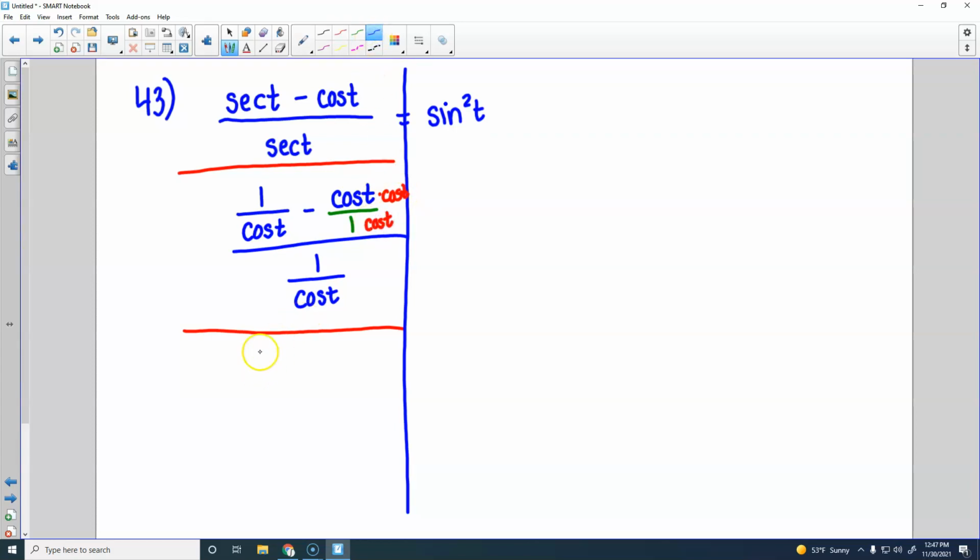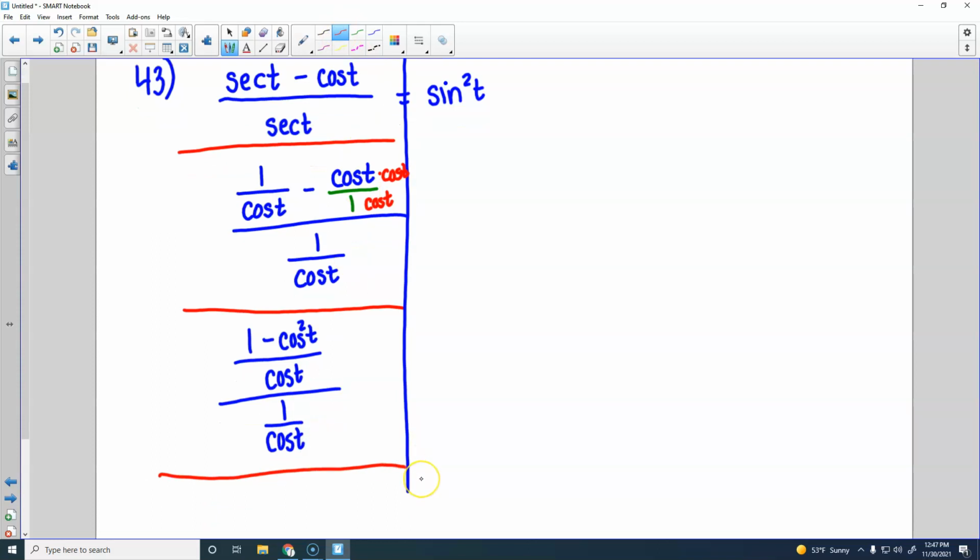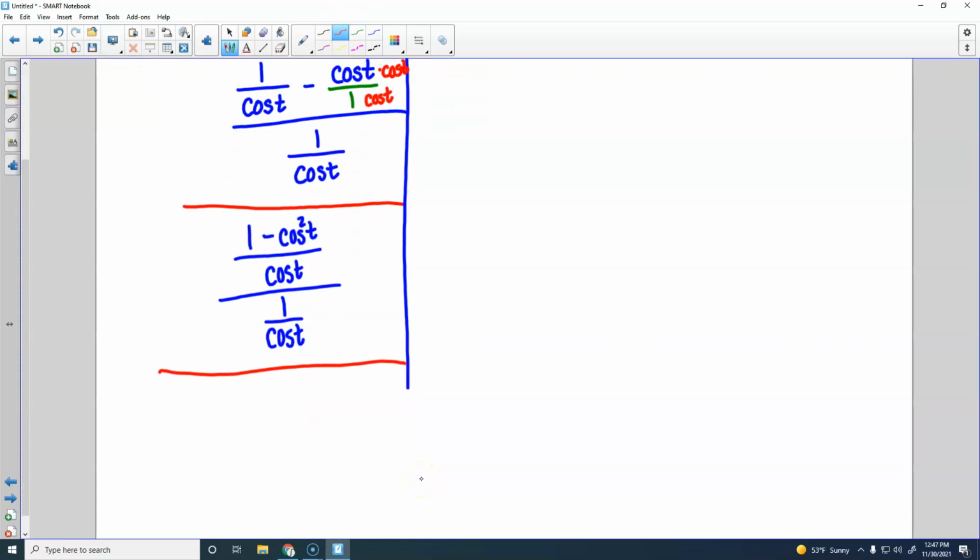And so when we do that, we'll get 1 minus cosine t. Perfect. And then don't lose that denominator. It's over 1 over cosine t. Now I've got everything as fractions. So once I've got one fraction on top and one fraction on bottom, what can I do? Well, flip and multiply. So I have 1 minus cosine squared t over cosine t